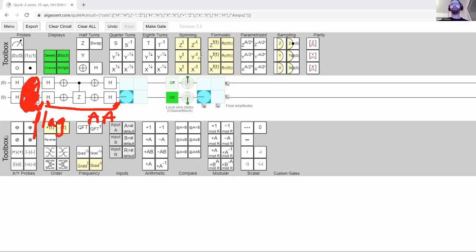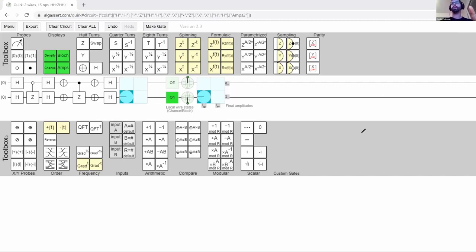And I'm going to see if I can give you an example of this. One common usage of this algorithm is to find solutions in a brute force way, so to say, right? In combinatorial problems where you have to try a lot of different combinations of things, you can use Grover's algorithm to find a solution. For example,